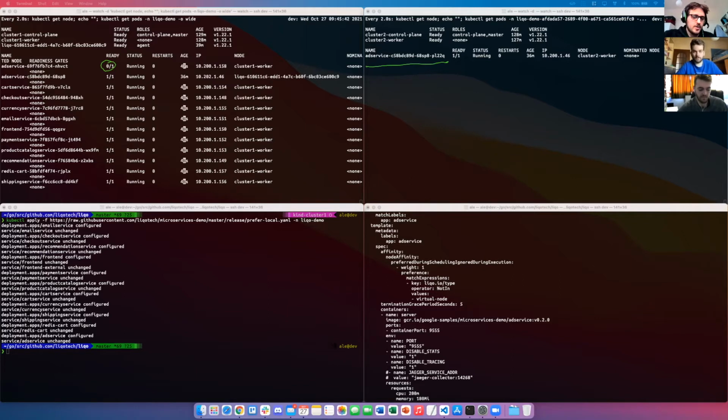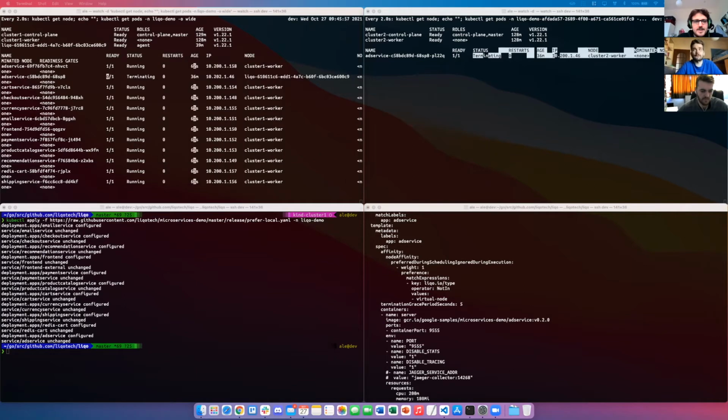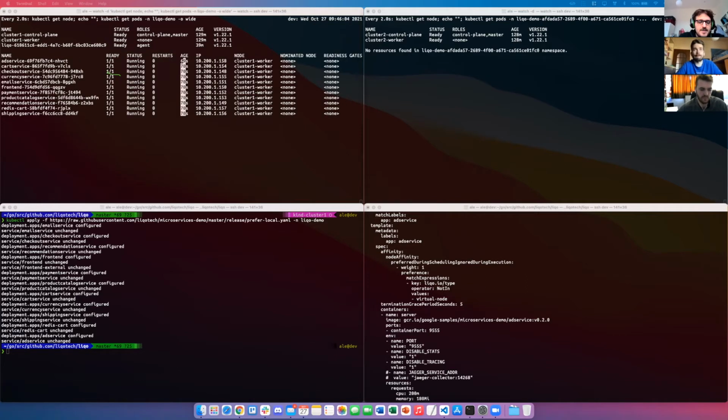It follows the rolling update strategy of the deployment. It's really compliant with what deployments do in local clusters. And when the new one became available, the old pod is terminating, then it has disappeared, and there is nothing more here.